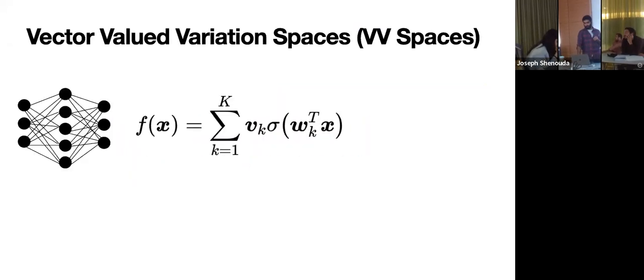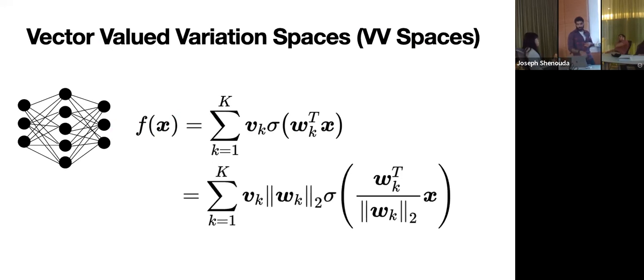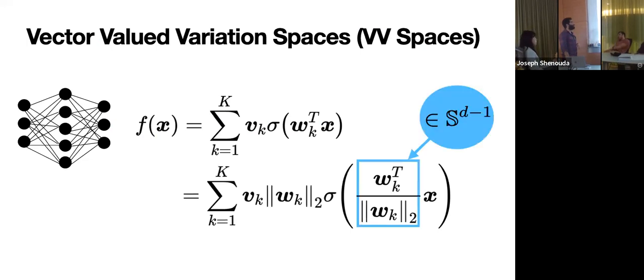So let's get into VB spaces. What are these VB spaces? Let's consider again just a shallow vector-valued neural network of this form. Like I mentioned before, we have this homogeneity property. And so what we can do is, for any ReLU neural network like this, we can always re-express it as a neural network where you have some kind of output weight and the input weight lies on the sphere, right? So this formulation expresses all possible neural networks you could want, right?